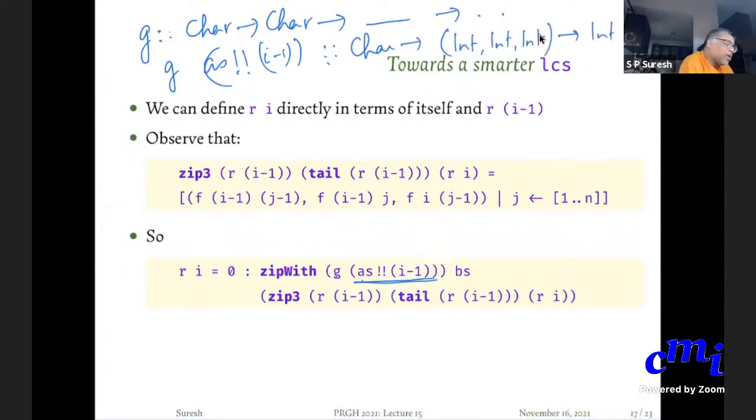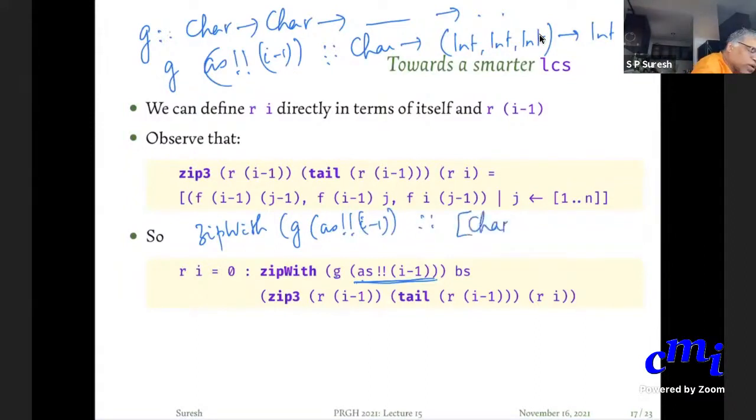So basically, this is a function from 1 character and 1 triple to an integer. So you can now do zip width. Zip width of g of a's at i minus 1 is now a function from list of characters to list of triples to list of m's. Okay, that is what you're doing here.